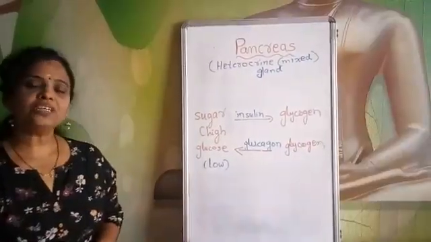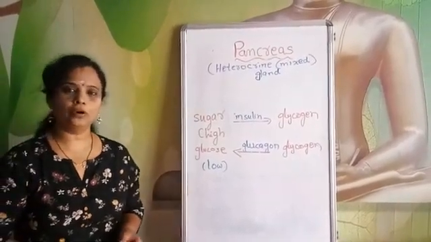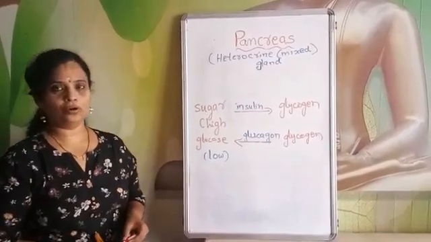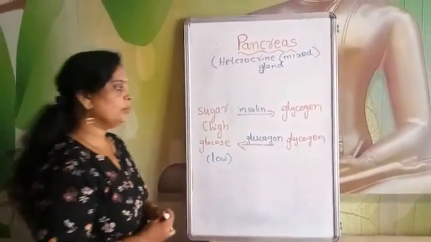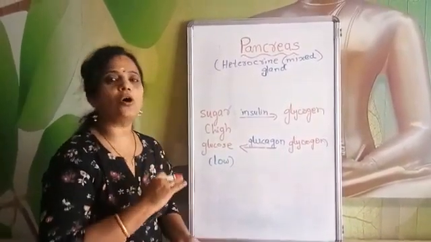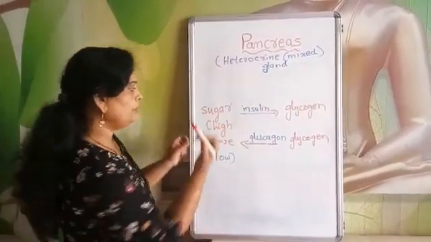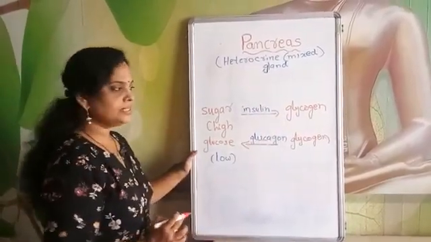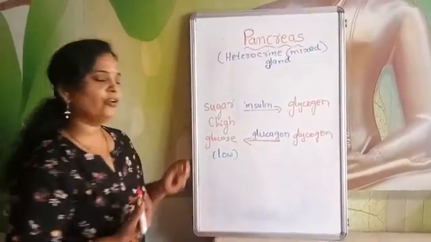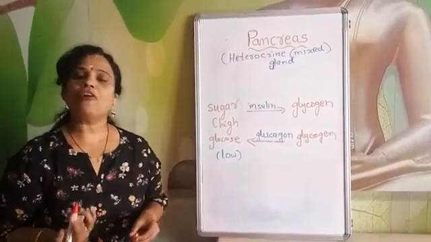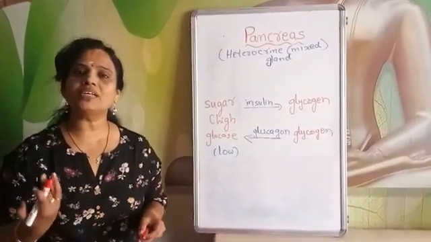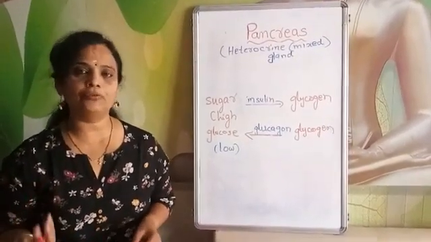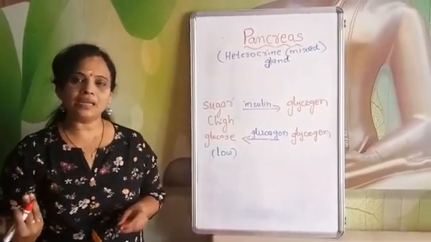Now let us see what the other hormone will do. Glucagon. I told you that alpha cells secrete a hormone called glucagon. You remember, children, glucagon has the exact opposite function of insulin. Now we know that insulin will convert excess sugar into glycogen. Yes, and what will glucagon do? For example, maybe you are fasting, or maybe you are in such a condition where you cannot have your food and you are remaining starved.